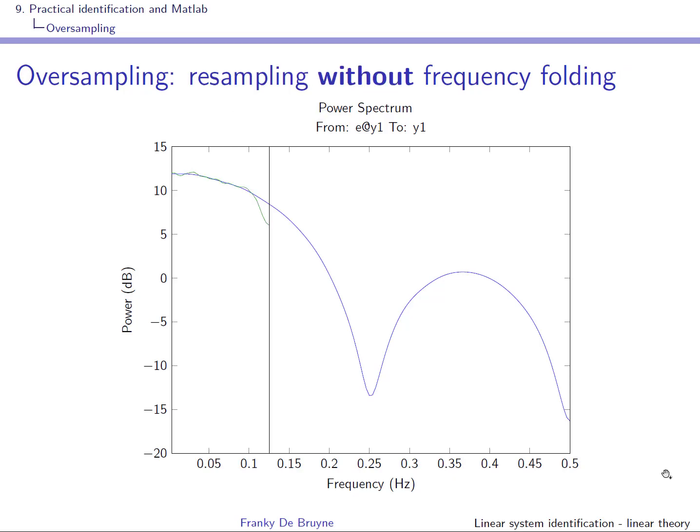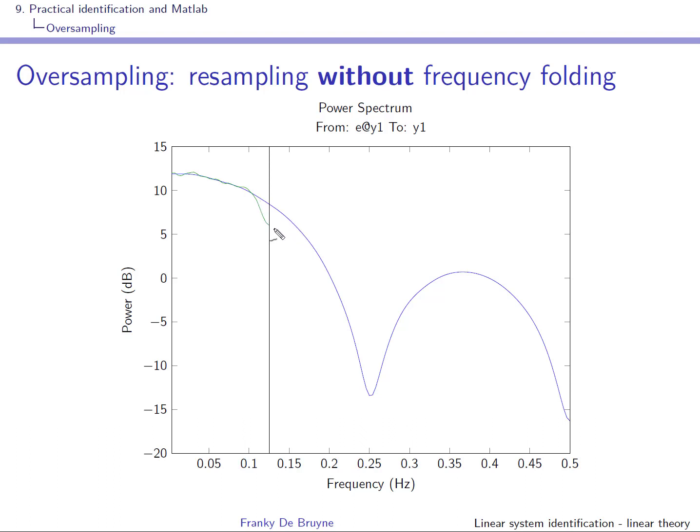So here again you see in blue the spectrum of the original signal with a Nyquist frequency of 0.5. We resample the data with a decimation factor of 4, so the new Nyquist frequency is divided by 4, and in this case we have done a low pass filtering before taking every 4 points. Okay, and you can see here that you have a good fit and that the spectrum corresponds to the spectrum